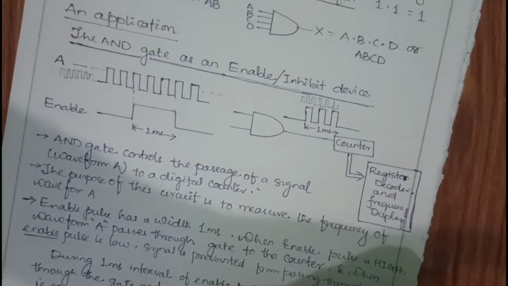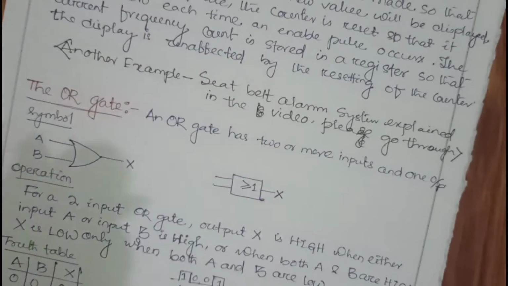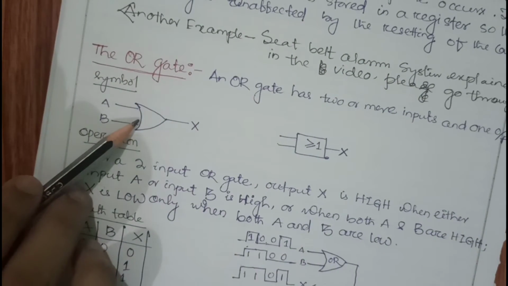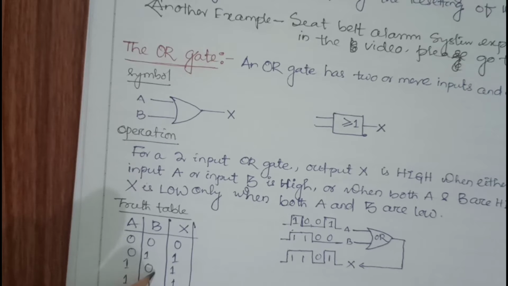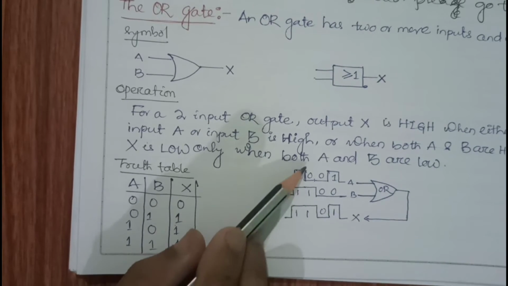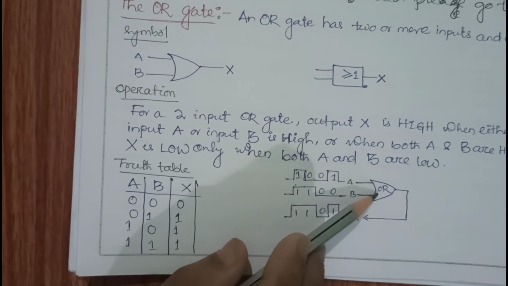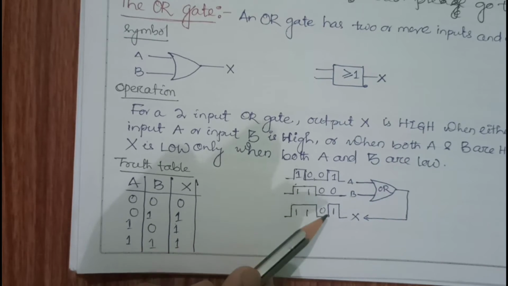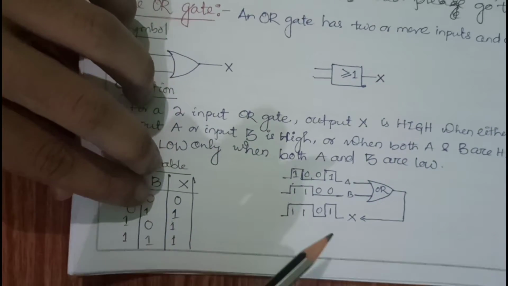This is the AND gate. Now similar to the AND gate, we will see the OR gate. Let's do a quick one. This is the symbol implementation. This is the truth table that you know. When any of my inputs is 1, my output will become 1. It is applied to the circuit, that is an OR gate. When both my inputs are 0, the output is 0. In all other cases, my output is 1. Okay.